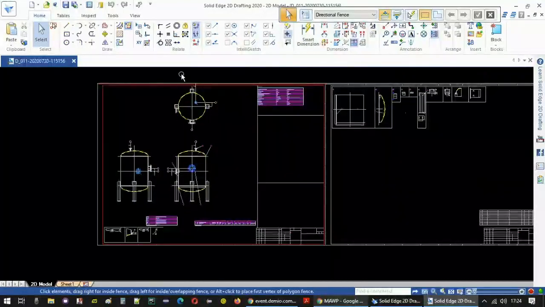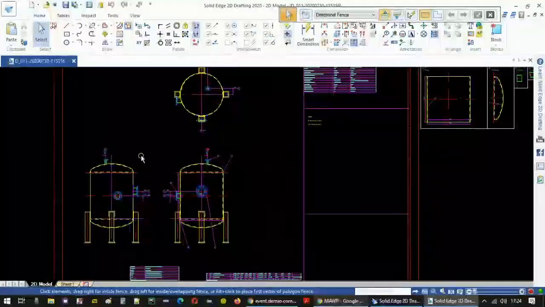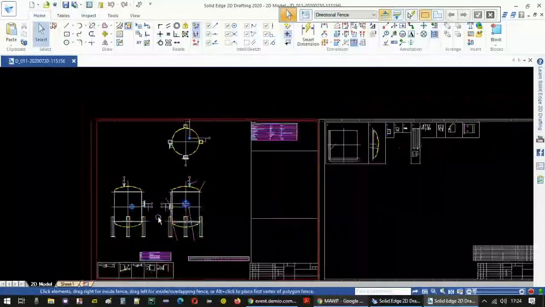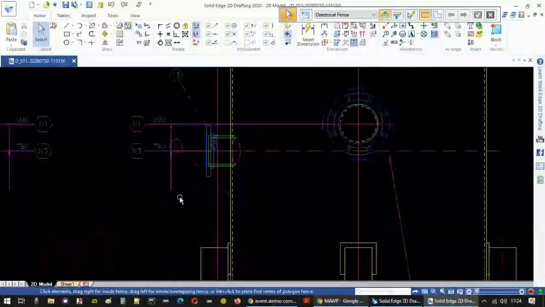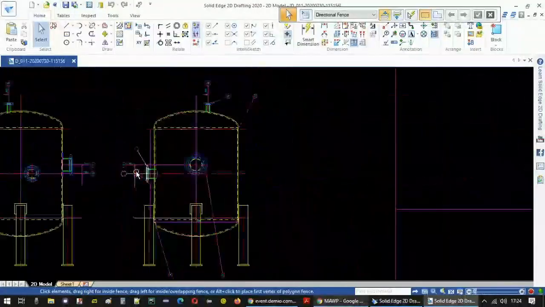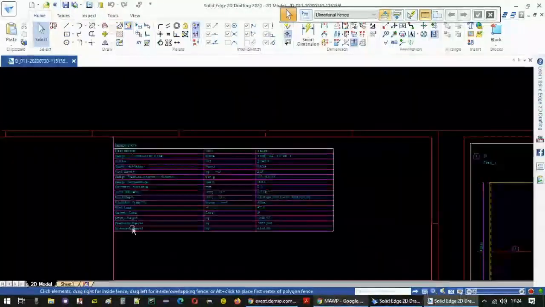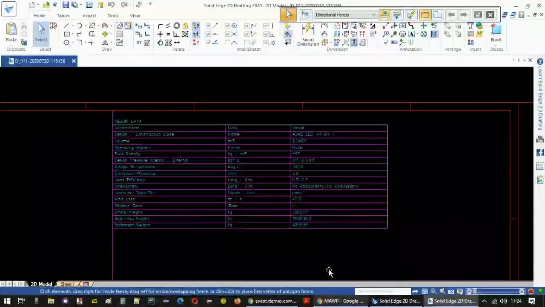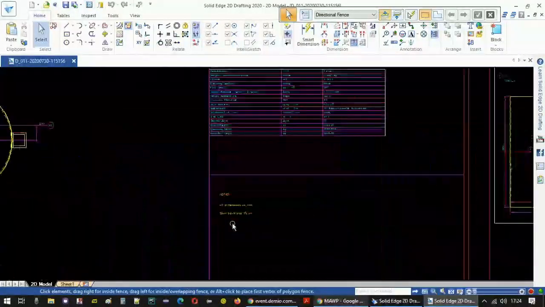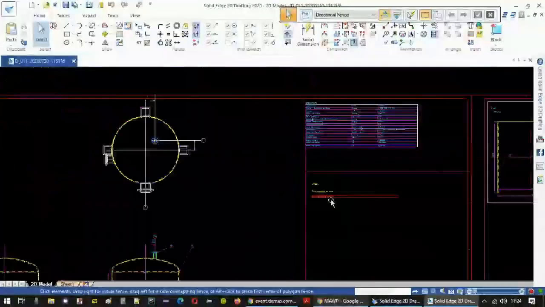So we have the top view, the side view of the vessel, the number of components created on the vessel, with the flanges, the nozzle, with the dimensions. This is the design data for the project what we have used with all the details. This is the notes what we entered before generating the 2D drawing.